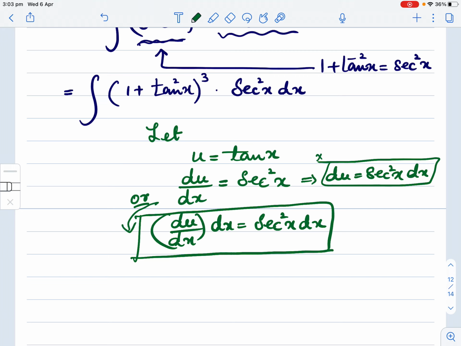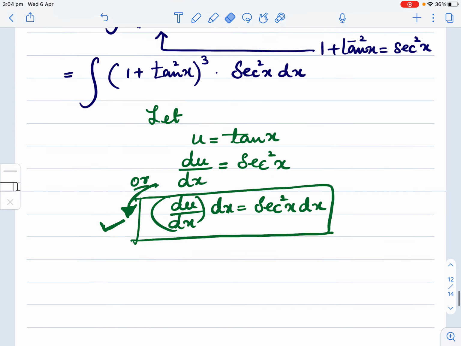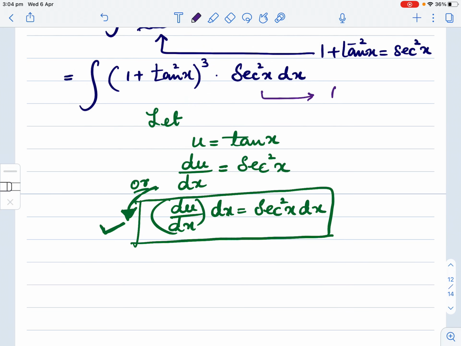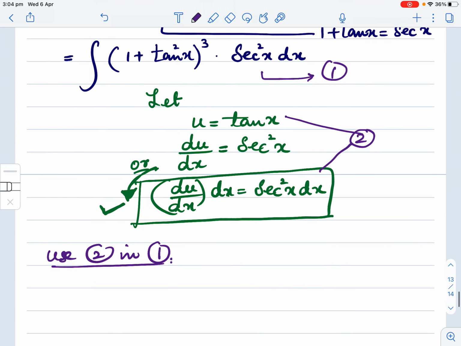So that's why we use the chain rule and we multiply dx here on both sides, and according to pure mathematicians this is the right way to write this term. That's why I show you every time how by chain rule we write it. Okay, so this is not right, we remove it. All right, so this is equation number 1, and this one equation 2. Now use equation 2 in 1. We get